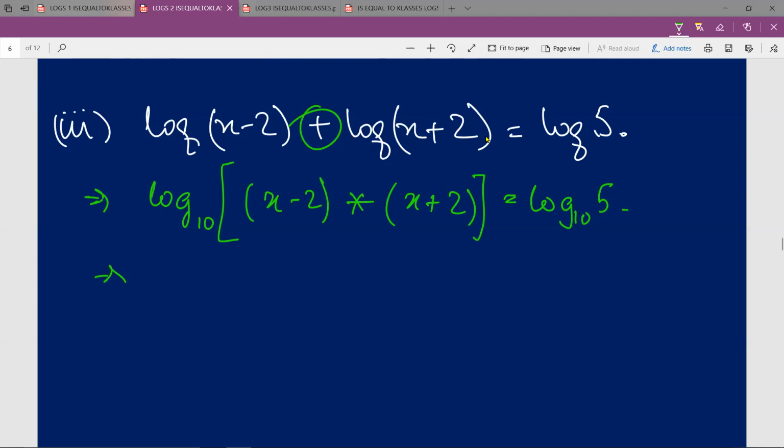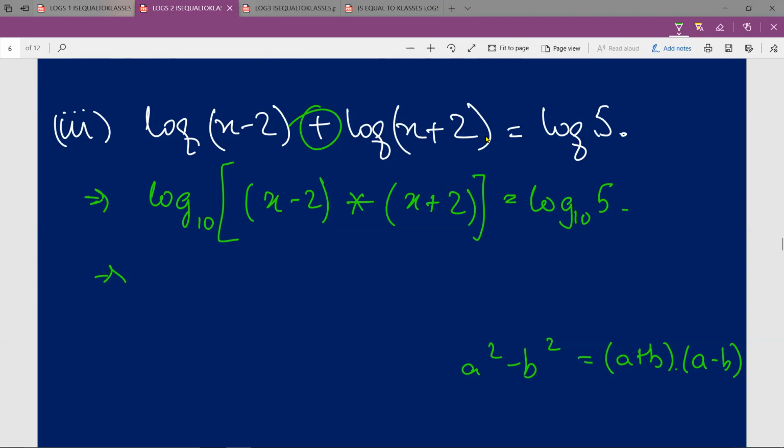Now over here, x minus 2 into x plus 2. So in my indices law, a square minus b square will be equal to a plus b into a minus b. There's no symbol between, so I could assume it to be a multiplication symbol. That is how I write multiplication. I could write it as a dot also.